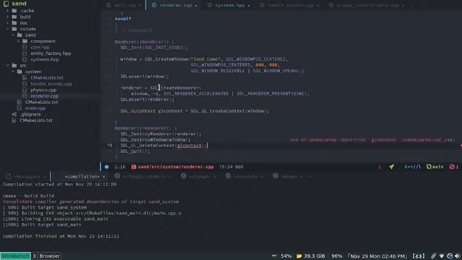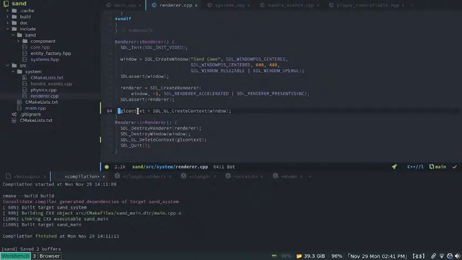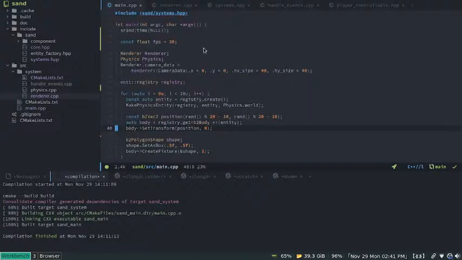And in this case, we don't actually want to create anything. We just want to do this and save it, and it should work just fine. Use of undeclared identifier GL context. Oh, declare it now. Okay. So now we should be able to get this thing, and because it is by value, and